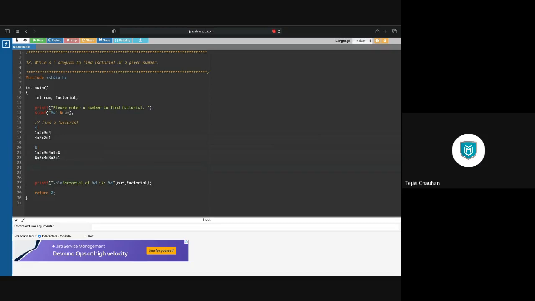So if I have number n and I want to find out n factorial, then it is nothing but 1 multiplied by 2 multiplied by 3 multiplied by 4 multiplied by, you are going to multiply everything up to n, capital N. Or in other words, you start with n, multiply by n minus 1, multiply by n minus 2, and so on. You are going to multiply all those numbers up to 1.